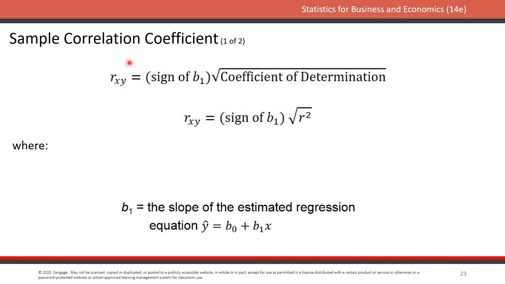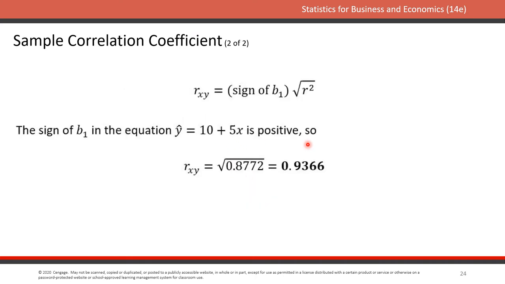So correlation, the coefficient of determination is a percentage. We don't have negative percentages. It's just one direction. But correlation does have a direction. So it can be a negative or a positive correlation. And we just add that sign in front of this here. So in this particular case, the sign was positive,